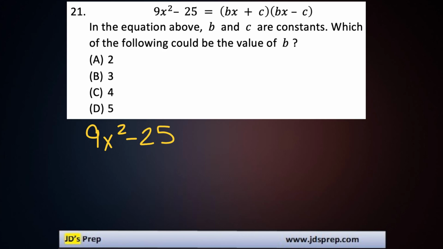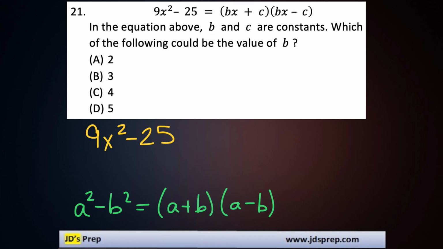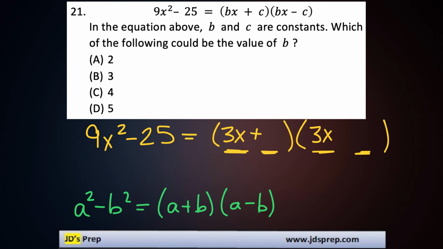Remember, difference of squares means that if we have something like a squared minus b squared, the factored form of it is (a plus b) multiplied by (a minus b). So with that in mind, the factored form of 9x squared minus 25 is going to be, well, our first term in each set of brackets is going to be 3x, and that's because that's 9x squared square rooted. So I'll have a 3x there. And then the second term that we'll be adding and subtracting would be the square root of 25,